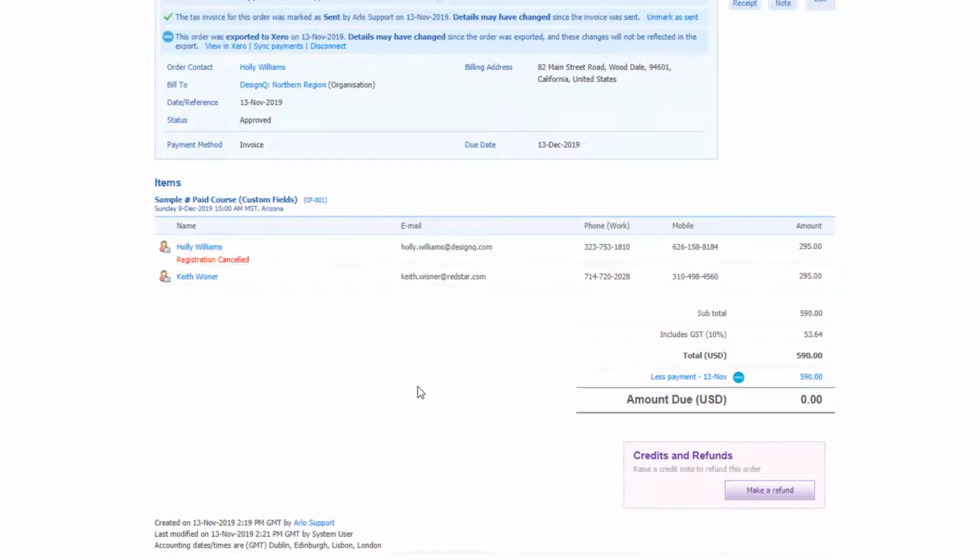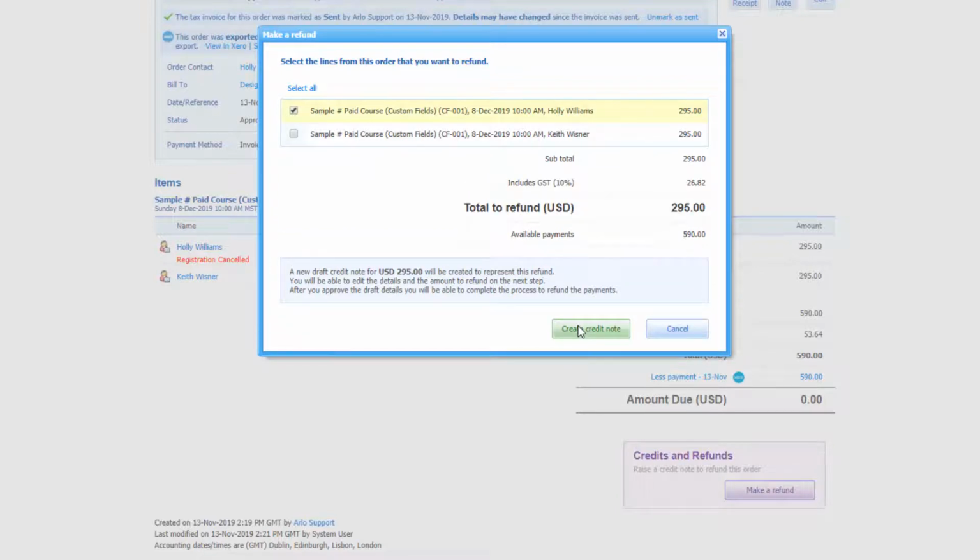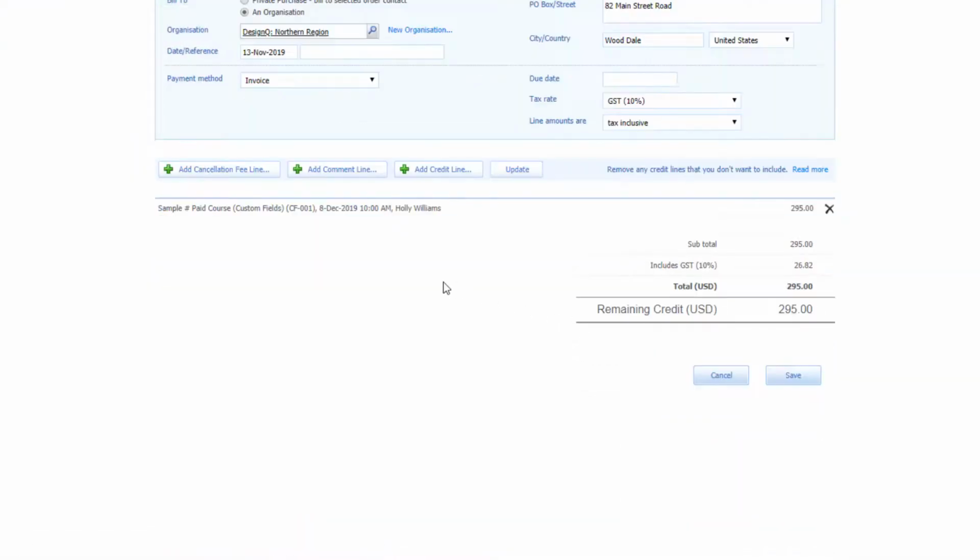At the bottom of the page, you'll see the credits and refunds section, and we want to click Make a Refund. A list of lines from the order will be displayed. From here, you want to select the lines that you want to refund. In this case, we've only cancelled Holly Williams's registration, so that's the one that we're going to be refunding. Once that's done, press Create Credit Note, and you'll be taken through to a screen much like the last process,